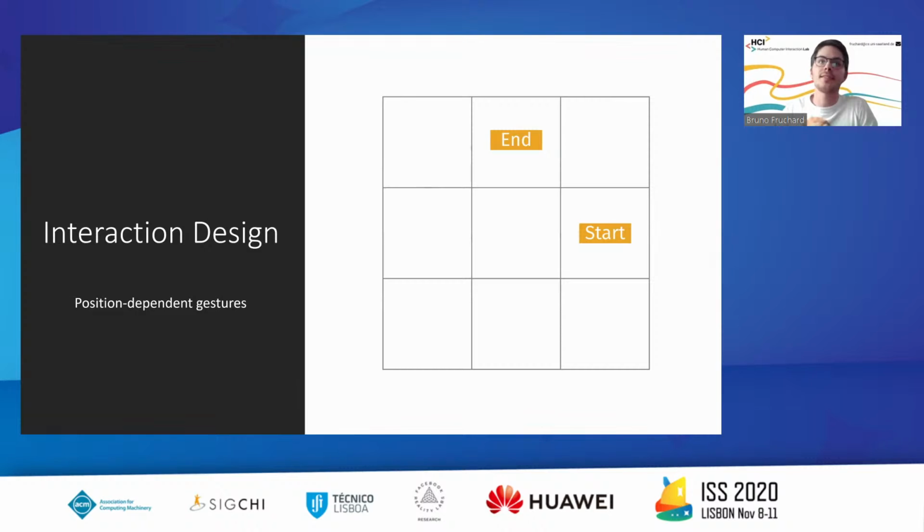We consider the side crust here of the ending cell to create a large number of gestures and to be able to support a large number of gestures. So two things are important here. First, all the gestures start from the sides, so from the bezel of the smartwatch, which is a way to support eyes-free interaction. And the second thing is gestures can start from the same starting area, which helps users